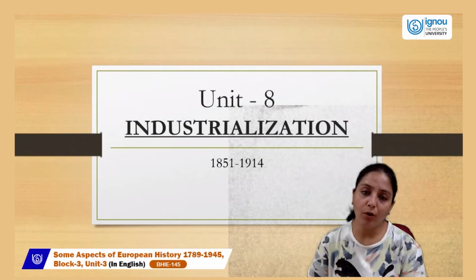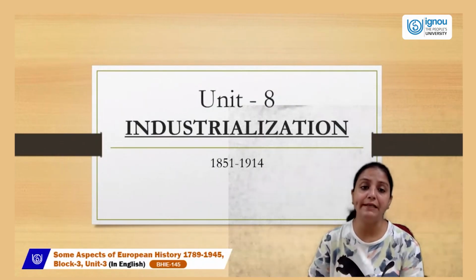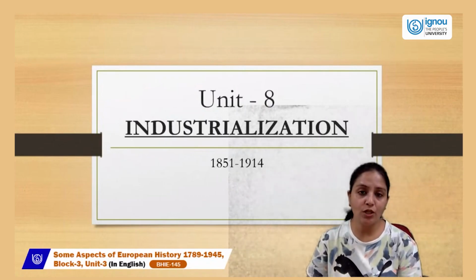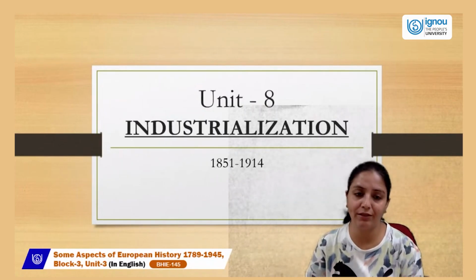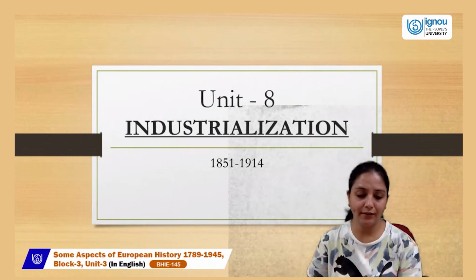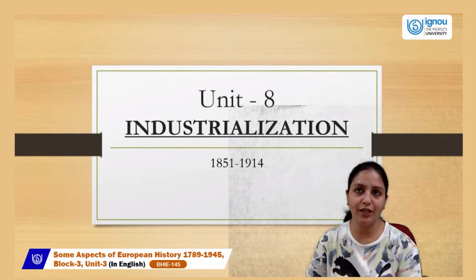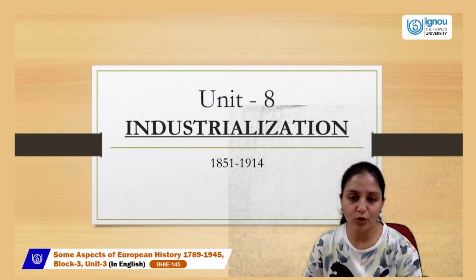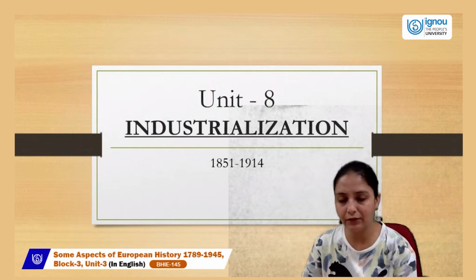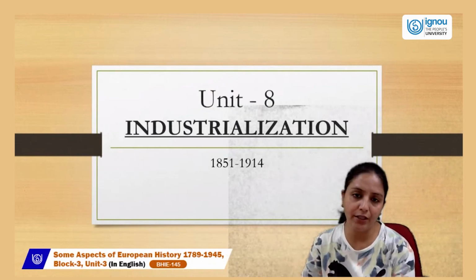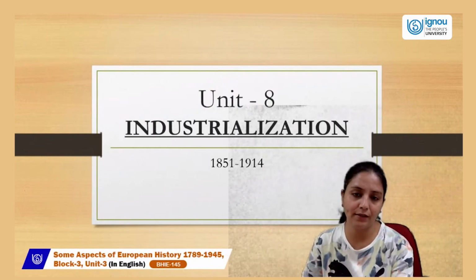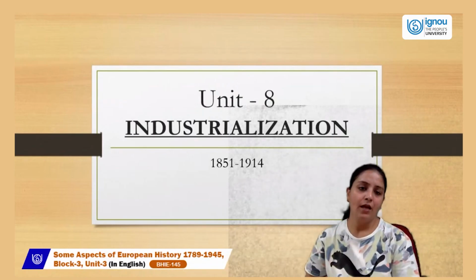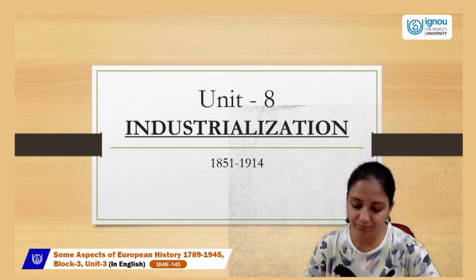As we are talking about Unit 7, that was very easy. And the question will come from Unit 7. It will be only about the industrialization of France, the condition of industrialization of Britain, and the industrialization of Germany. The question will come in your question paper like this. And it will be very easy to solve all the questions in the question paper.